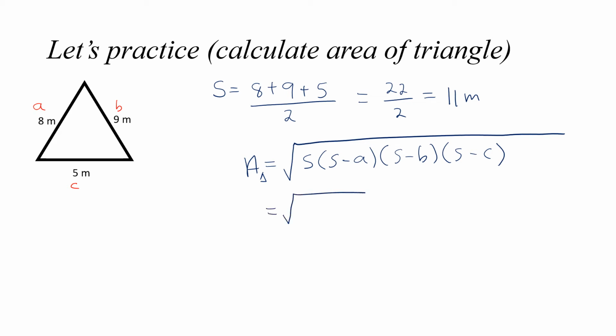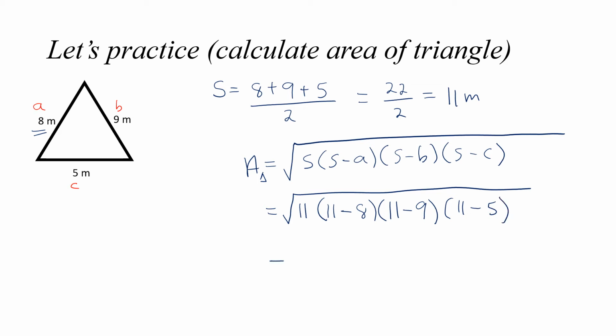So we know that S is 11, so that will be 11 on the outside. And then we have S minus A. And remember, I labeled my A, so my A will be referring to the 8. So that will be 11 minus 8. Then S minus B, remember my B was labeled as 9, so 11 minus 9. And then S minus C, and my C, I labeled it as 5. So that will be 11 minus 5. And again, you don't have to have it in the same order that I have it,